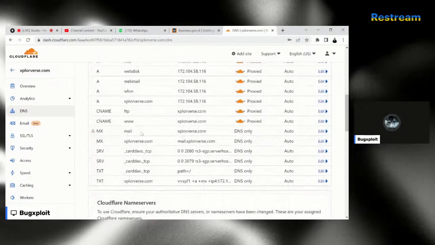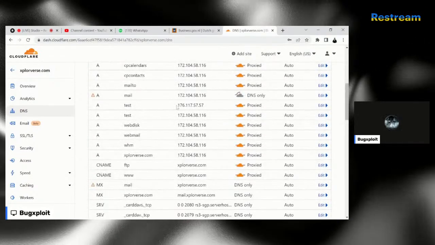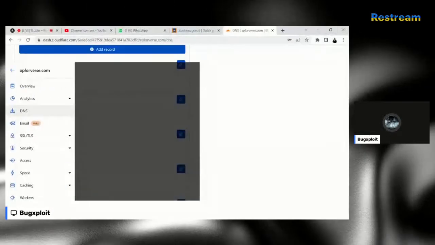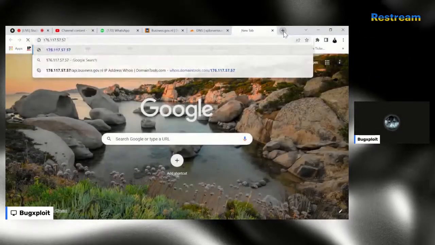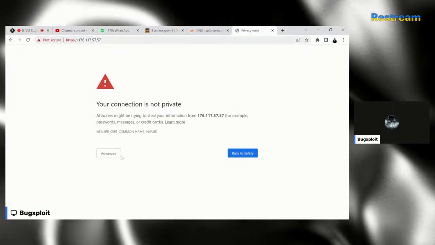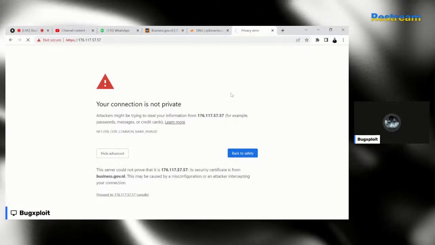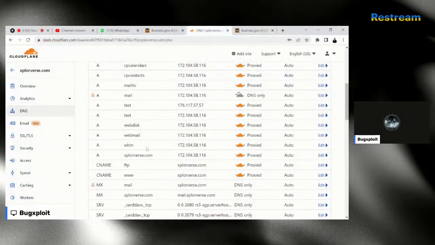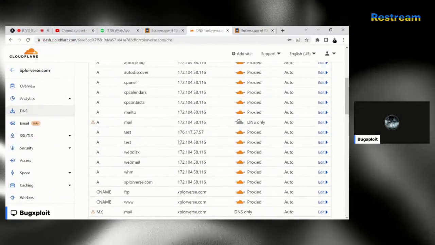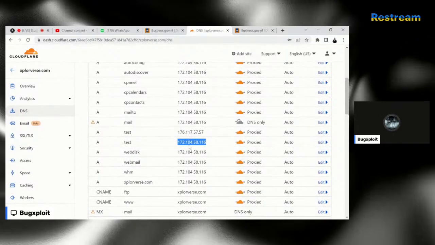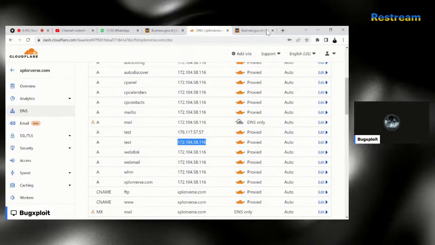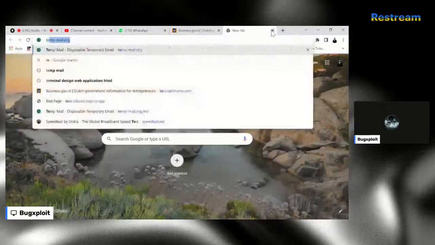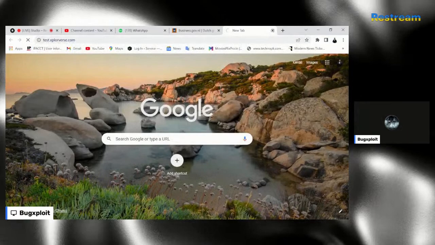You can see out here the test. This is the IP which we got. Let's call the IP first and get some details. It will say it's not a private IP, but it will be HTTP, and then the site will reload. So I have just done the test one, and I have just put test on. Let me give you an example: if I call the domain test.explorebus.com,